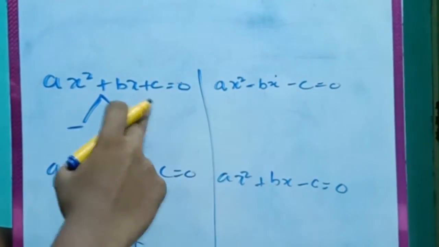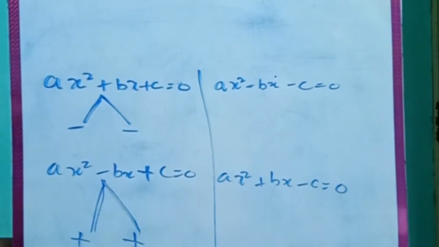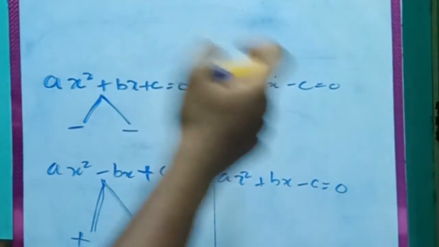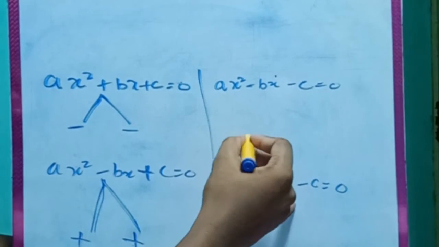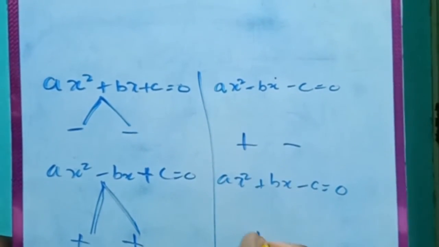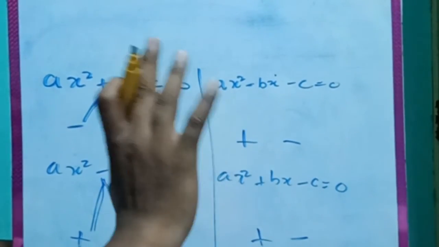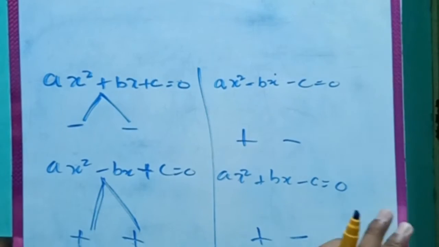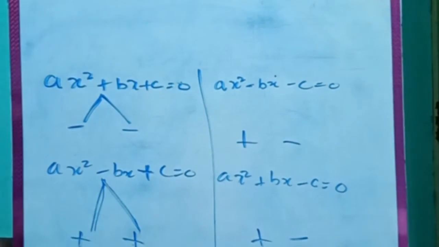Here you can see we have plus. If there is a plus in front of c, you will get same sign values. So obviously, common sense, if there is minus in front of c, you will get opposite signs. There is a chance of plus minus, right, guys? If there is a minus in front of c, you will get opposite signs root only. You cannot get same signs root, right? You will get plus minus, very common sense.